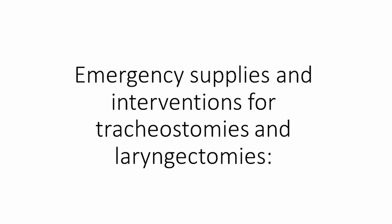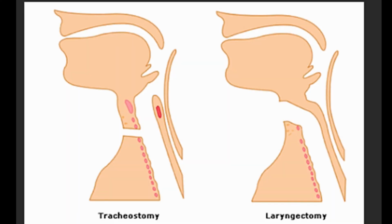The following video will discuss the emergency supplies needed at the bedside for all tracheostomy and laryngectomy patients. As a reminder, a tracheostomy creates an artificial airway established through a surgical incision in the neck, whereas a laryngectomy,